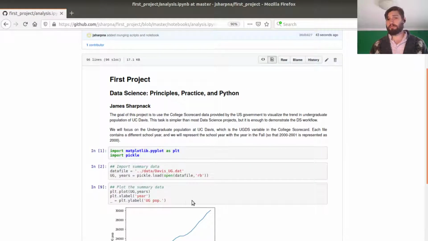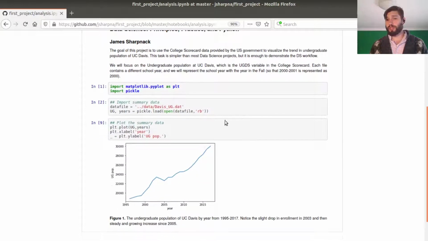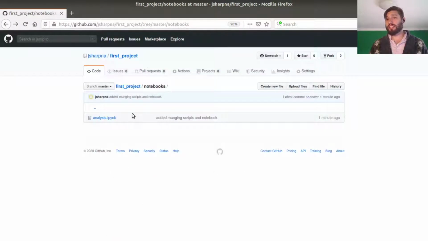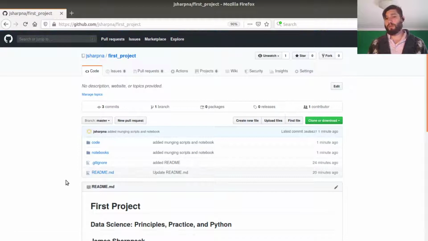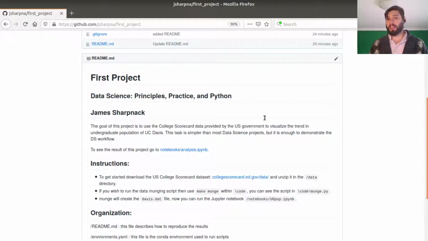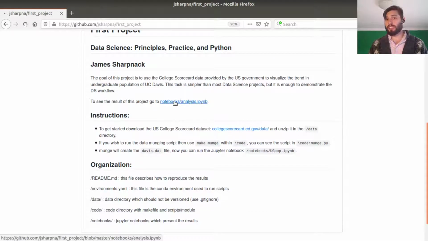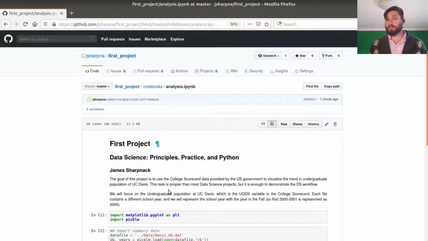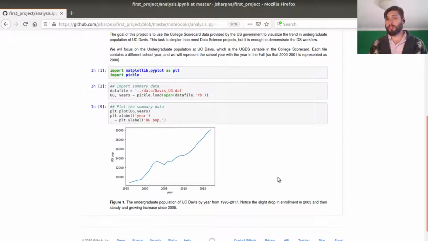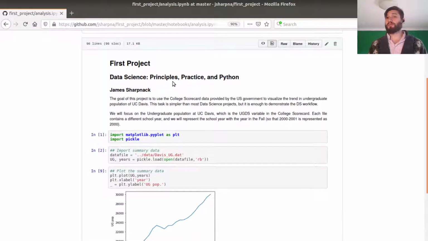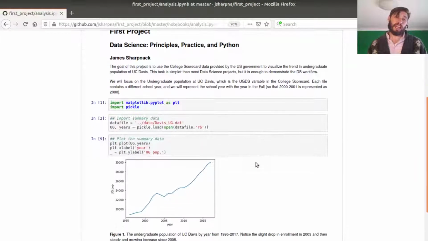so that anybody who's on GitHub and looking at this can just view this data science project. And this is another reason why we really like GitHub for data science analyses, is that they'll render the markdown in the README, and then if you want, you can link to the notebooks in your README, and then people can just go through and browse them. If your notebook files are really large, then GitHub is going to have a hard time rendering them. And so what I would recommend in that case is just separate them out based on the basic parts of